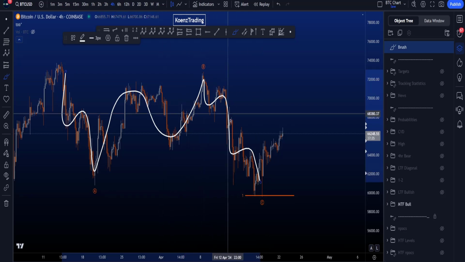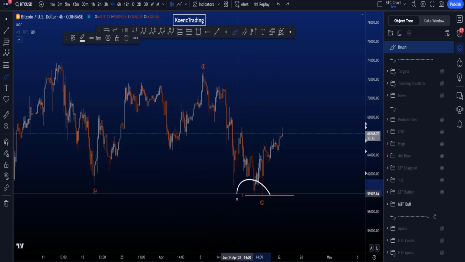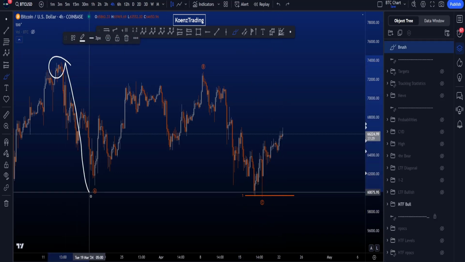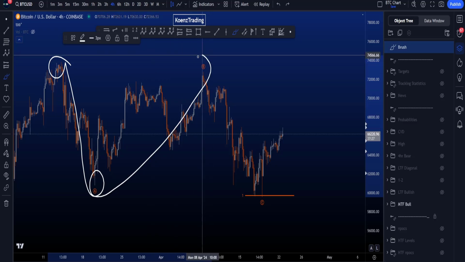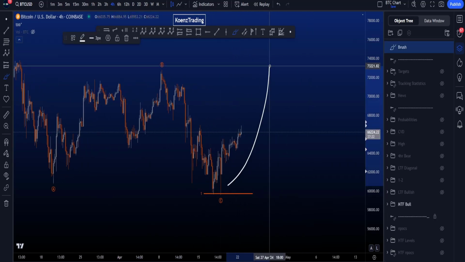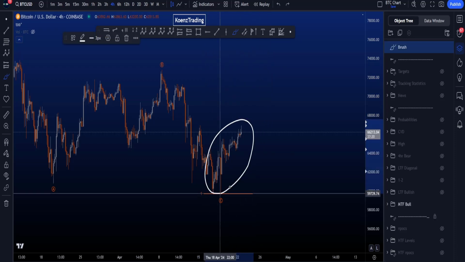3-wave A, 3-wave B and a 5-wave C towards the downside, where the common target for C is the 1-to-1 trend-based wave extension taken from the high to the low of A to the high of wave B. In this scenario, we are looking for a continuation of the trend, which means that locally we're going to be